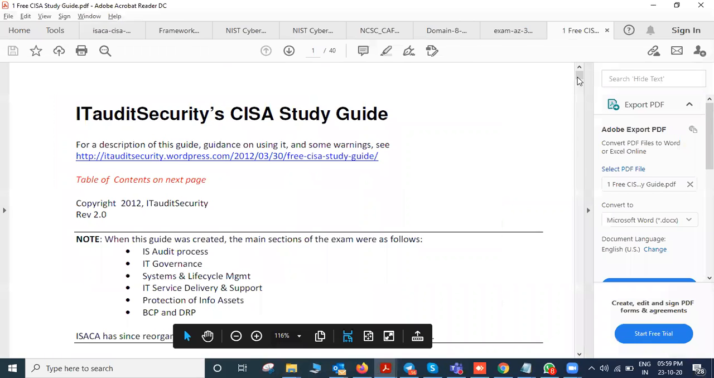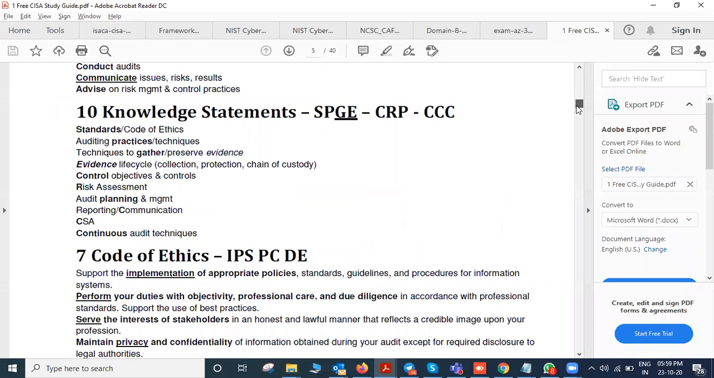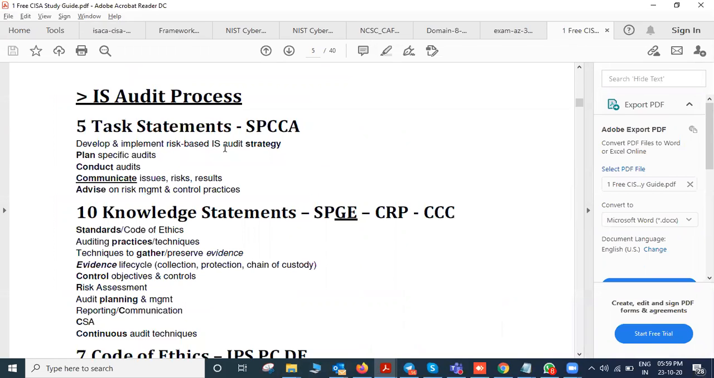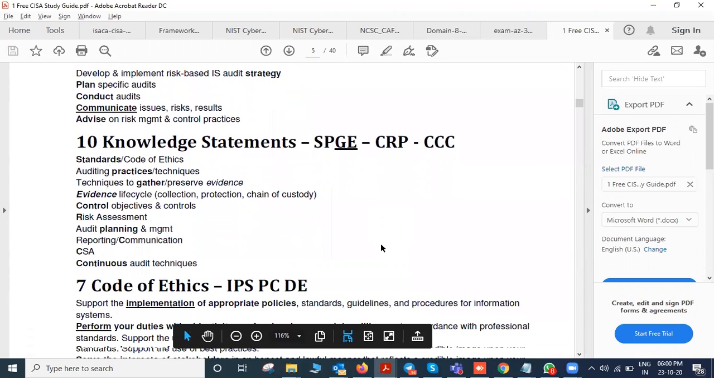So Mandal, I'm just going to send you this CISA study guide as well. This is the short form of everything. Short form means the information systems audit process: five task statements. So develop strategies, plan, conduct audits, communicate issues, risks, and results, and advise on risk management and control practices. Then 10 knowledge statements: standards, code of ethics, practices, gathering evidence, control risk assessment, audit planning and management, reporting, CAC and continuous. This is easy to remember. These are short notes